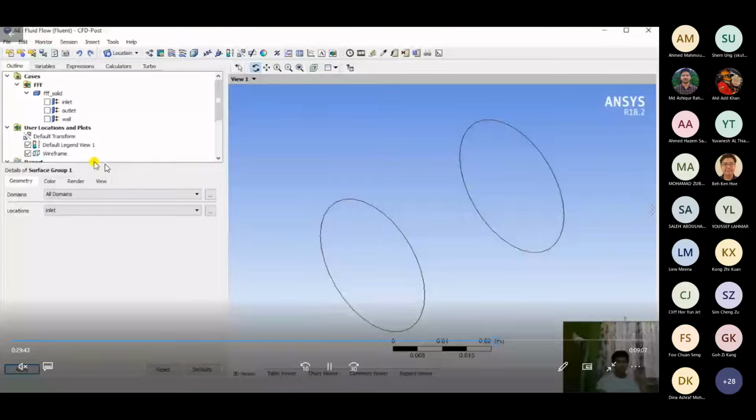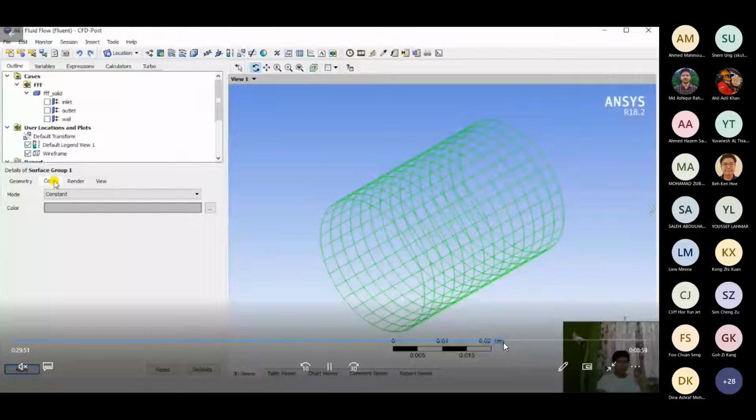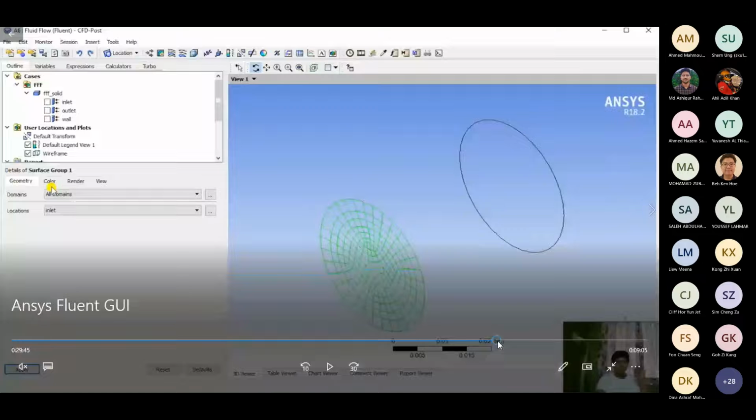Now here you can change based on the domain, based on the location where you want to create. You can also change the color. I will come back to the color for now. We'll change the location to wall. I want to create it as a wall.